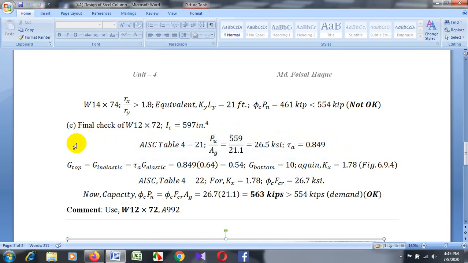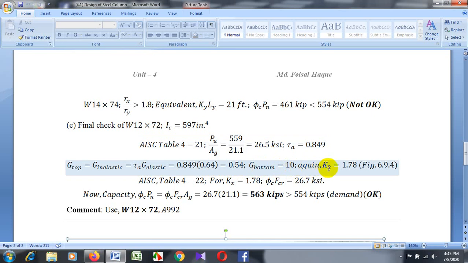Now again calculate G top; this is the inelastic case. This is the inelastic, that means tau a is the inelastic factor. You multiply it by G elastic and we can get this value.